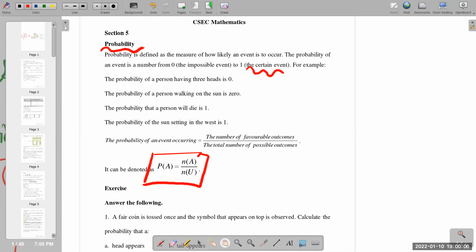So as I was saying, this formula is very important because probability is represented as a fraction. And you know, a fraction has a numerator and a denominator. The denominator talks about the total possible outcomes. So when we were looking at the number of fingers you have,